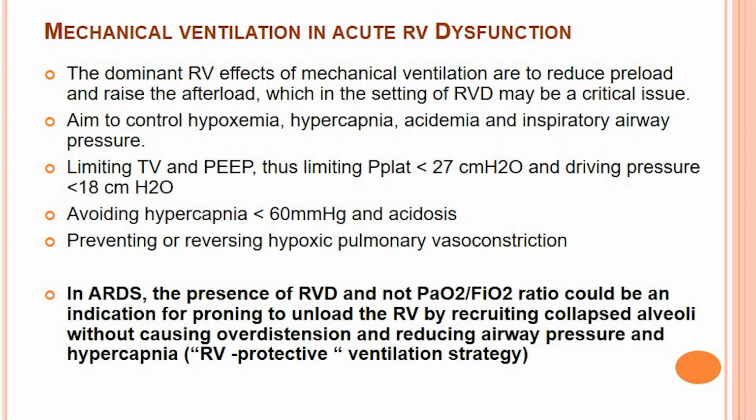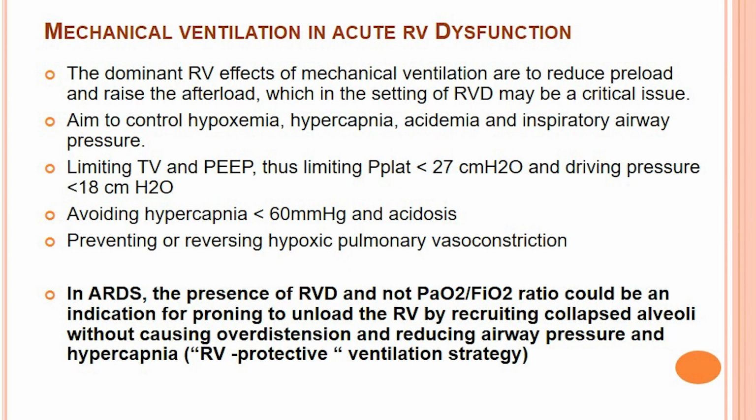So our aim is to control hypoxemia, hypercapnia, acidemia and respiratory airway pressure. What we need to do is to limit the tidal volume and PEEP, thus limiting plateau pressures to less than 27 centimeter of water and driving pressure should be less than 18 centimeter of water. We need to avoid hypercapnia of more than 60 millimeter of mercury and acidosis, and prevent or reverse hypoxic pulmonary